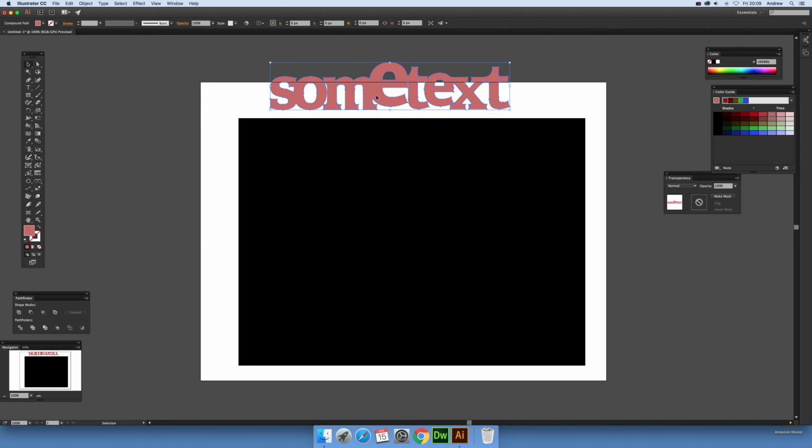So what I need to do now, and probably the easiest, quickest way, is the Live Paint Bucket tool. And I'm just going to quickly go over there and fill the gaps in. So there's a gap there, there's some gaps there, there's a gap there, another gap there, and there's a gap there as well. Now, that might be a gap there. No, right. Now I've done that, I can quickly expand that,